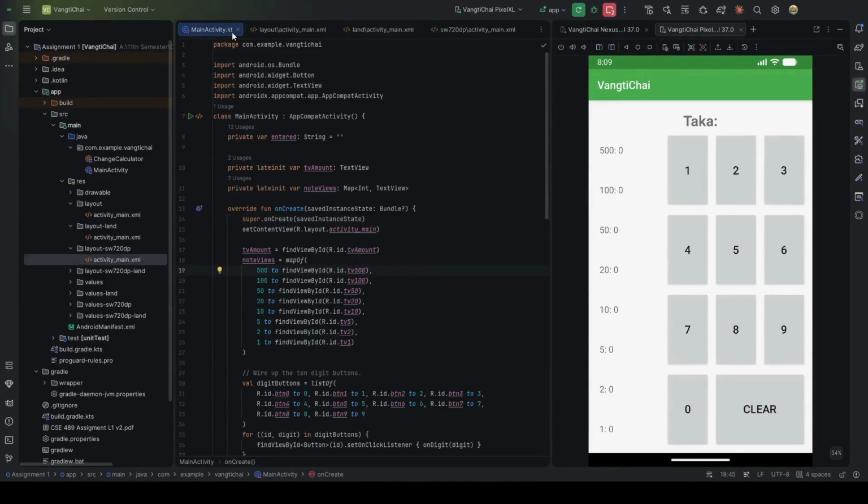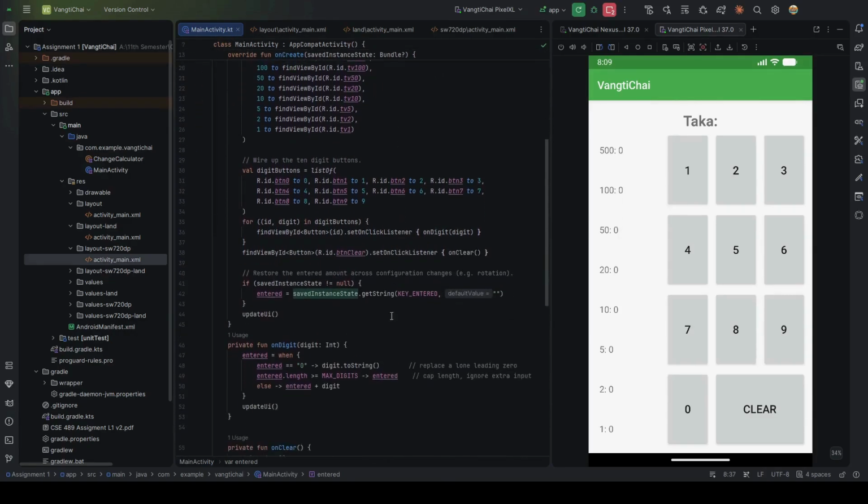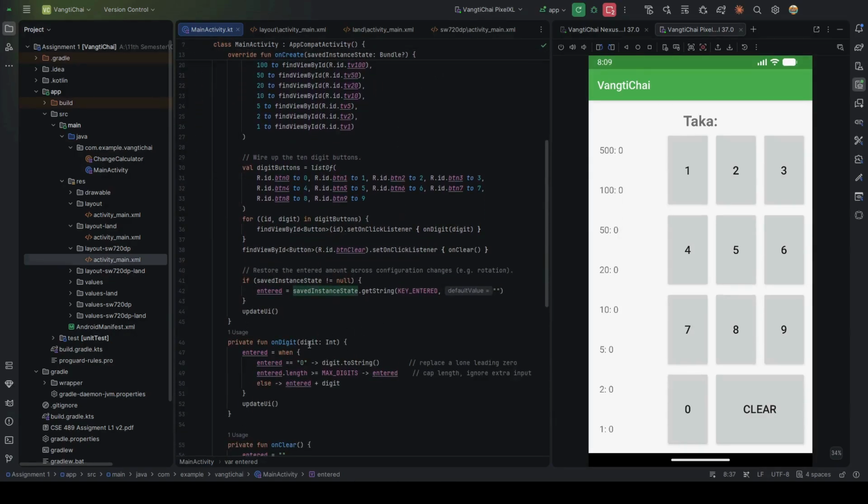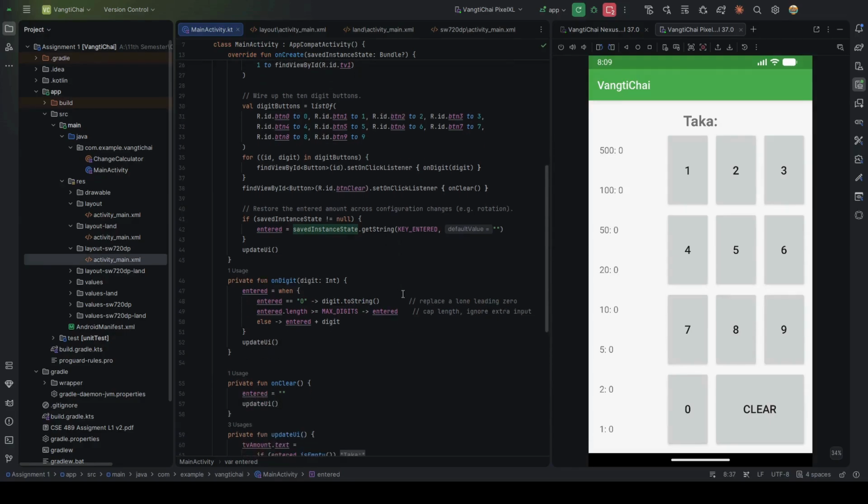Next, let's look at MainActivity.kt file. This is where the UI interaction happens. I used a string called entered to keep track of the digits. When a keypad button is pressed, the onDigit function basically appends that digit. Then in the updateUI